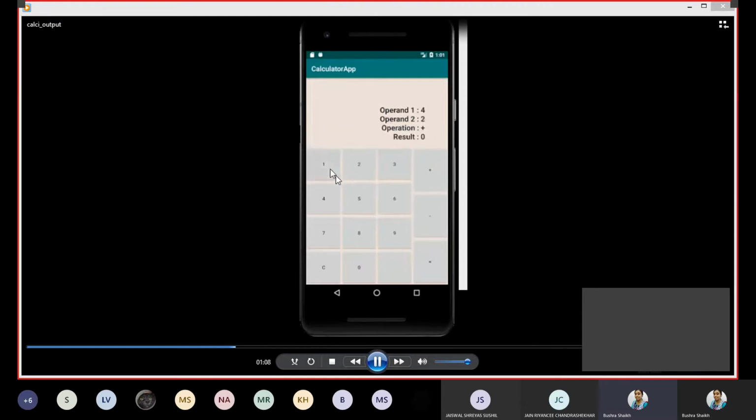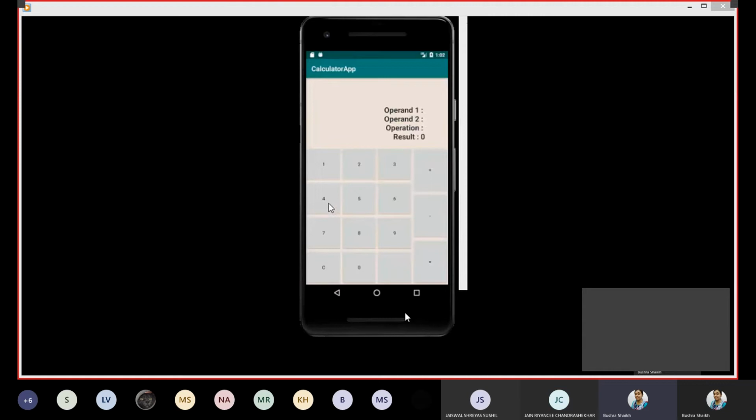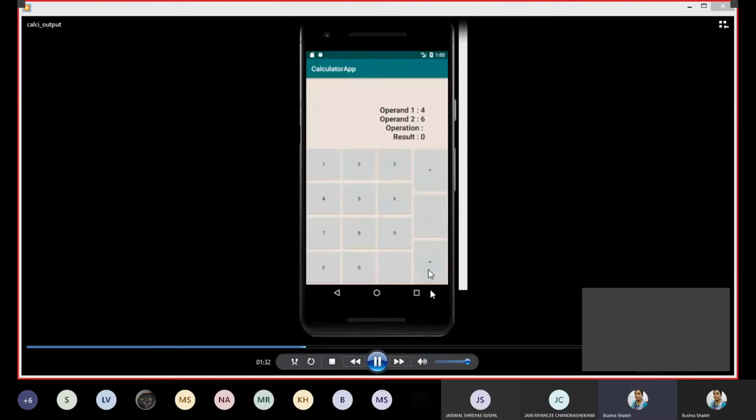So when you again click on any of the buttons, you may see that operand 1 has already been set, but if you click on any of the buttons, operand 2 is changing. This is as per the code we have written, though it is not the right way of doing so. We may want to change operand 1 itself, so I would leave it up to you how to modify. And as you can see, the equal to is not working because it is yet to be coded. We have only covered the number pad section, how to capture the caption and display it here.